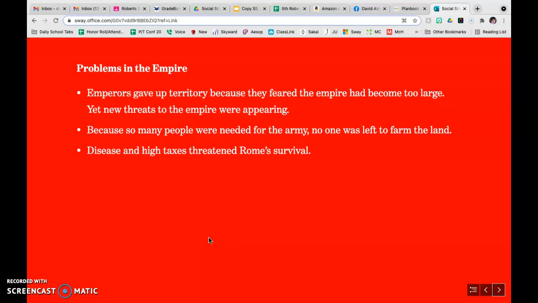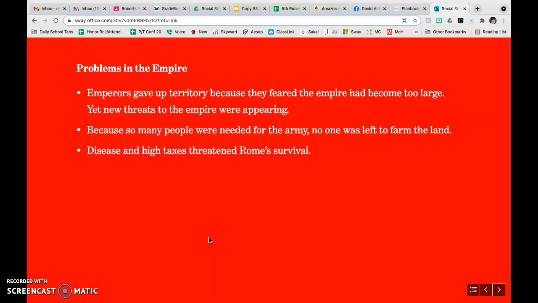Emperors gave up territory because they feared that the empire had become too large, yet new threats to the empire were appearing. Because so many people were needed for the army to defend all of this area, no one was left to farm the land. If you think back to the very beginning, it's like we've always said, the farmers are the ones that got the civilization going and then sustained them. So now we're at a point in the Roman Empire,